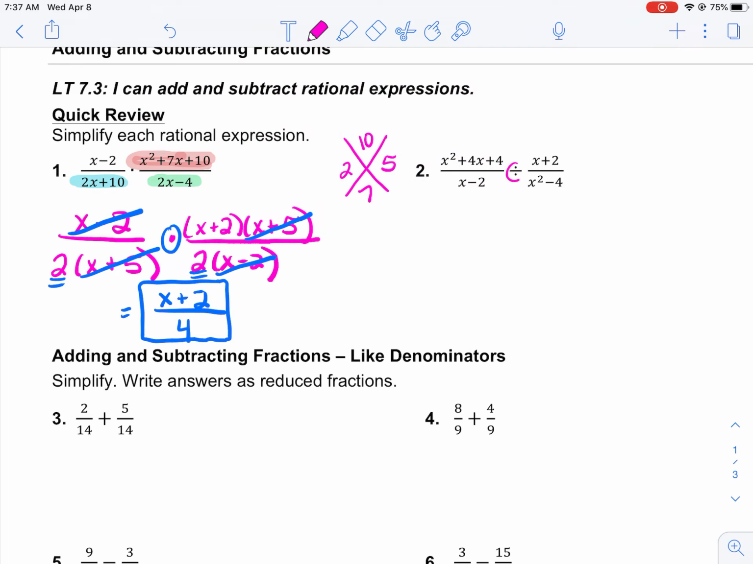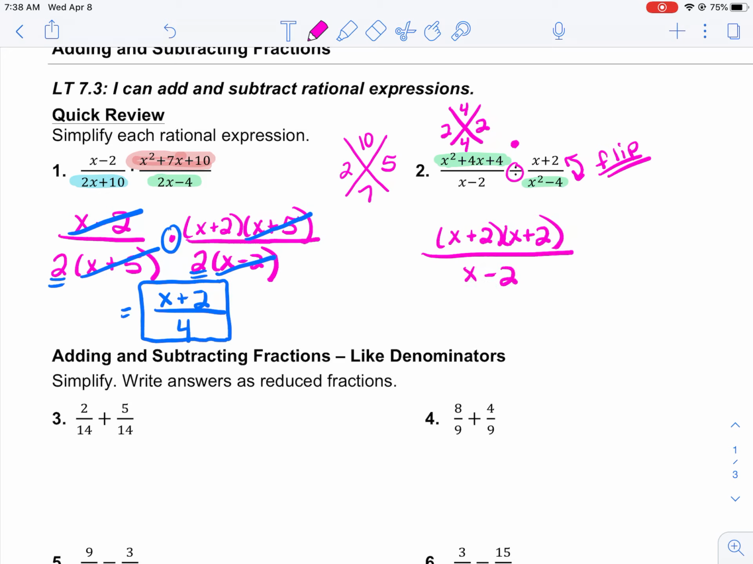So in this next problem, this is a division problem. So when you divide, you keep the first expression the same. You're going to change the division problem to multiplication, and then you're going to flip the second expression. Okay, so while I do that, I'm going to factor. I notice I can factor this and I can factor this. So to factor the top here, we need two numbers that multiply to give us 4 and add to give us 4. So we can use 2 and 2. So I'm going to write x plus 2 times x plus 2